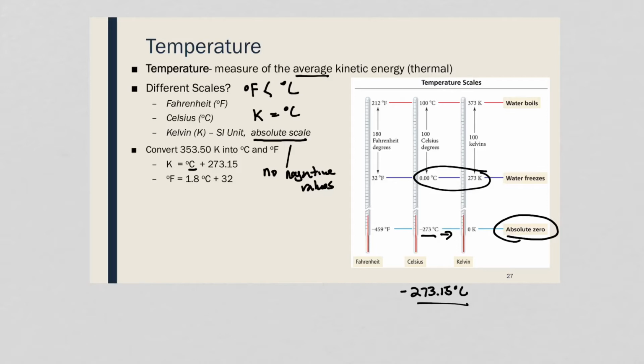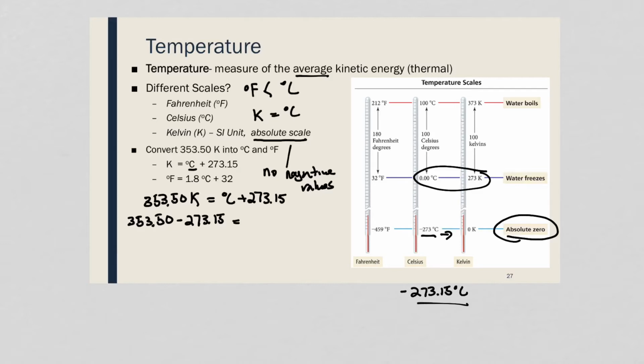So if I write this out, 353.50 Kelvin equals degrees Celsius plus 273.15. So I can do my arithmetic, I can subtract 273.15 from both sides. So I get 353.50 minus 273.15 equals,